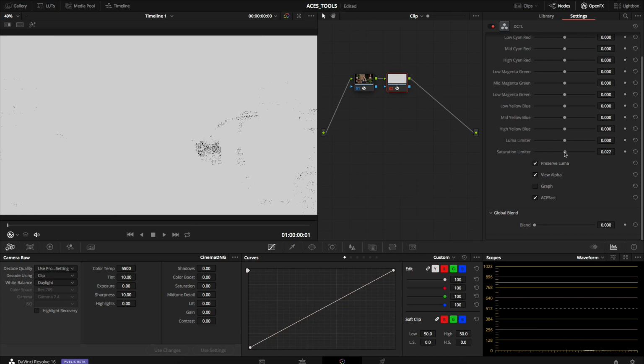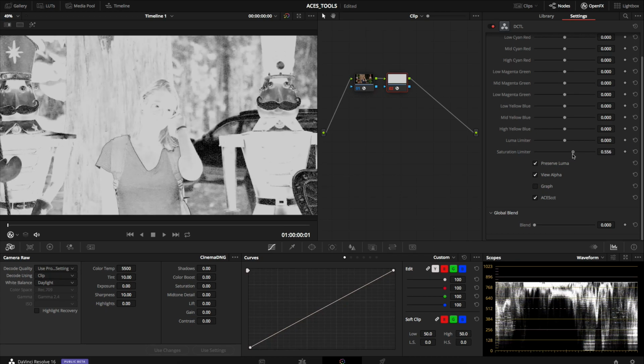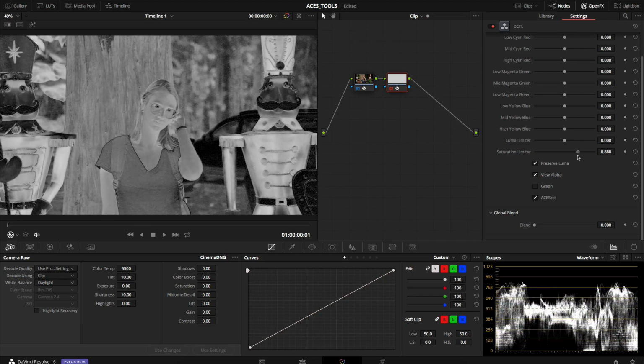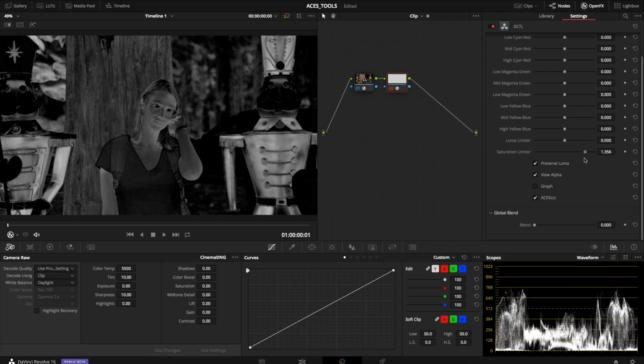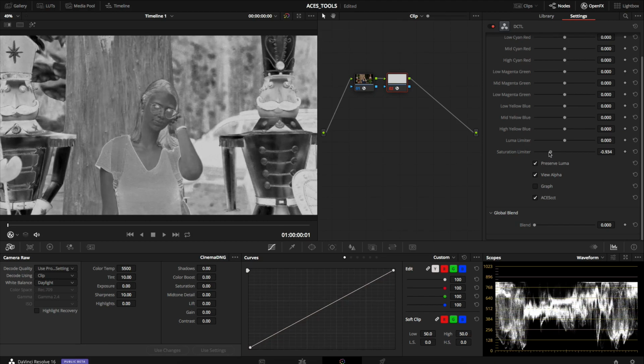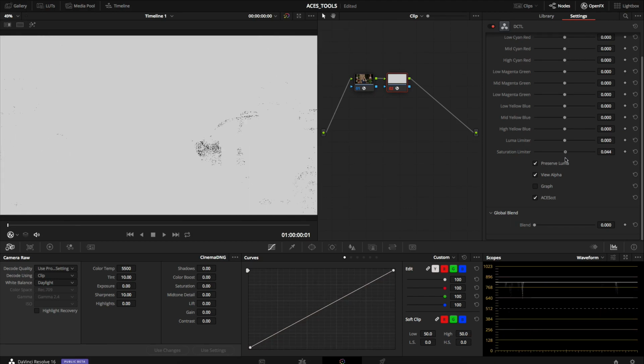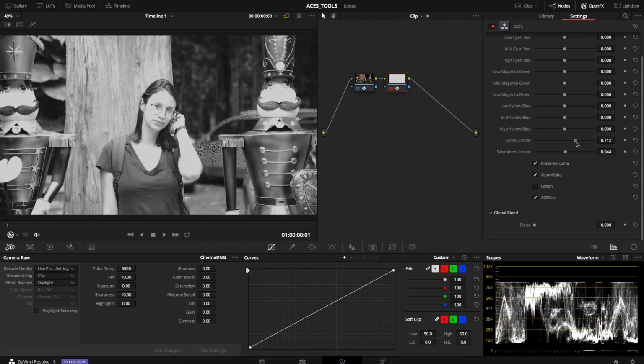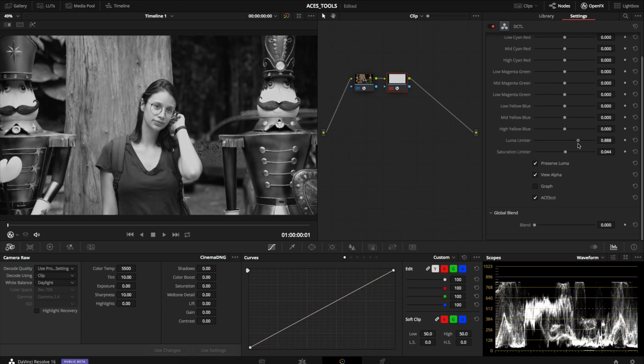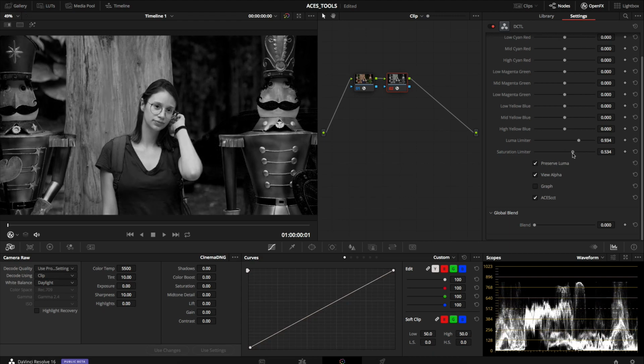And there's also a saturation, which is the same. Here you're knocking out low saturation, there you're knocking out high saturation, and you can combine both. You could basically create a luminosity mask and then combine it with your saturation to affect